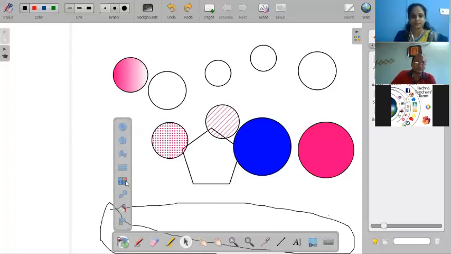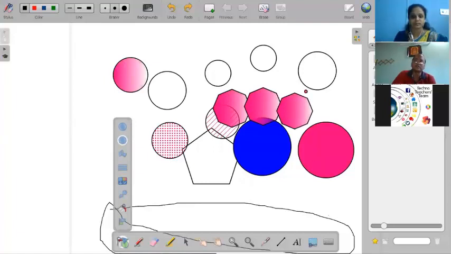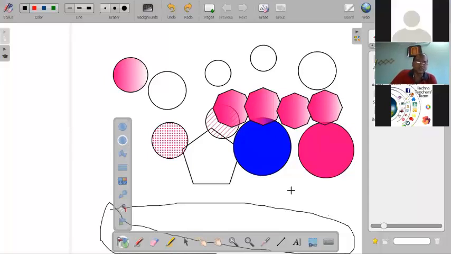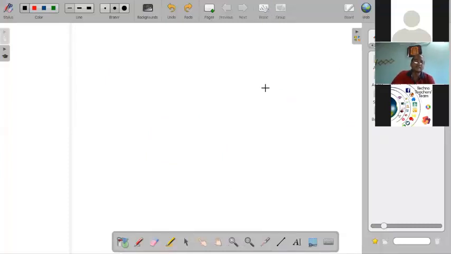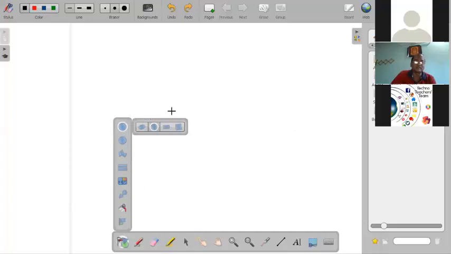Yeah, okay. So with this type of shapes we can create a number of circles or parallelograms, etc. You can create so many. That is left to your creativity. Whatever purpose you can use it for, that is left to you. So these are the things. Now look at this one. This is the eraser. Just by clicking that one, everything will disappear.